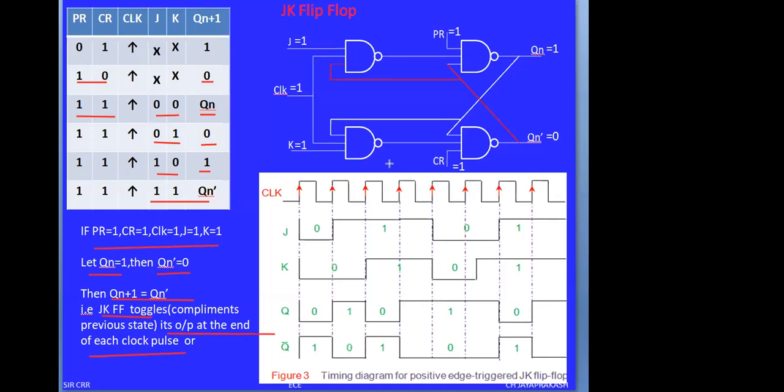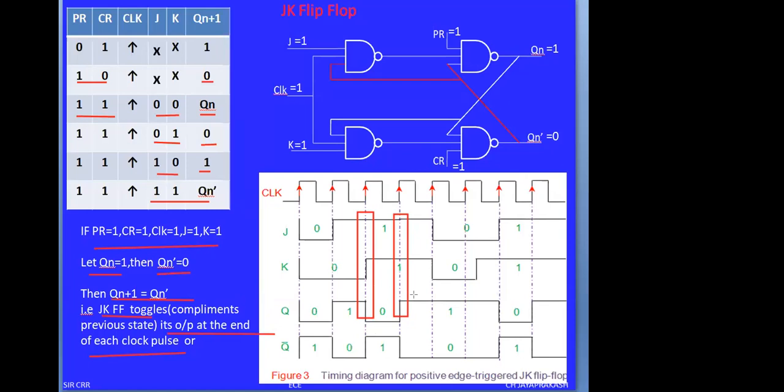We have identified when both J and K equal 1. This is the first condition we have observed. You can observe J equals 1, K equals 1, then the previous value of Qn equals 1. Here 1 is seen, this is complemented, toggled to 0. Similarly, in this clock pulse also, when both J and K are 1, the previous value of Q is 0. This is complemented to 1. Like this, the toggling happens for each and every clock pulse, and only at the edge where the clock pulse is edge triggered does it toggle the previous state.